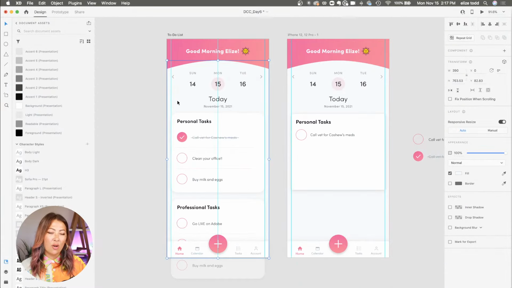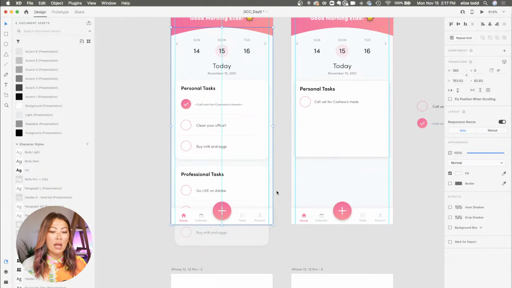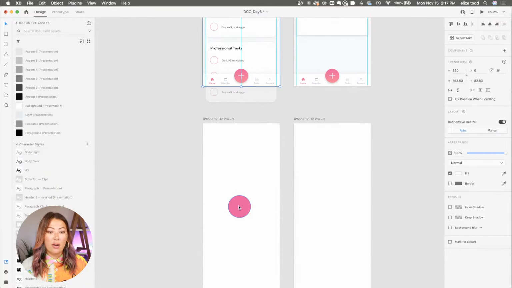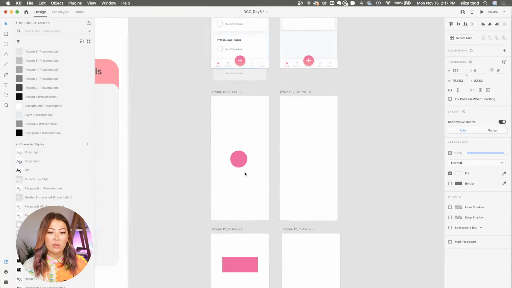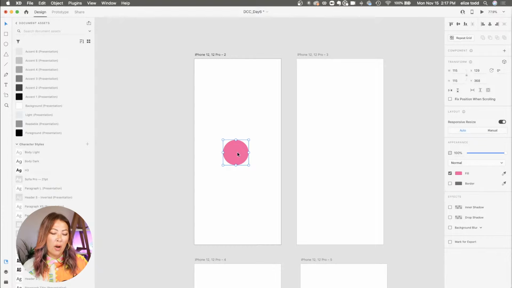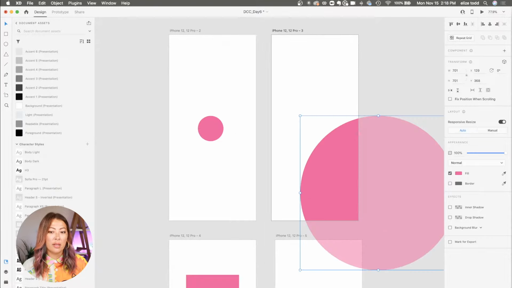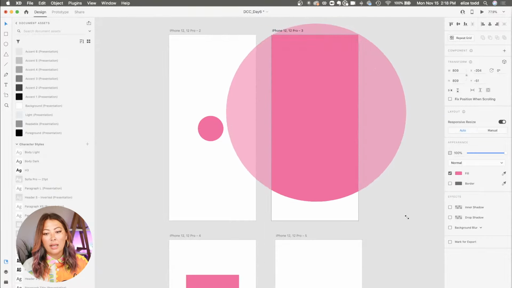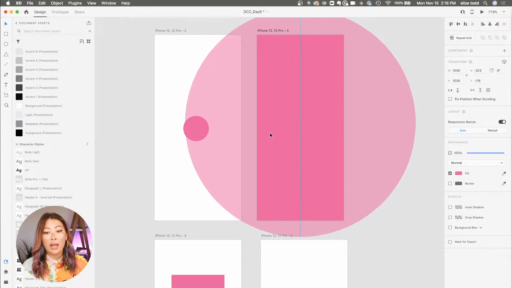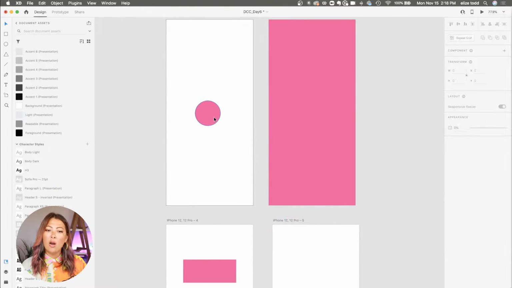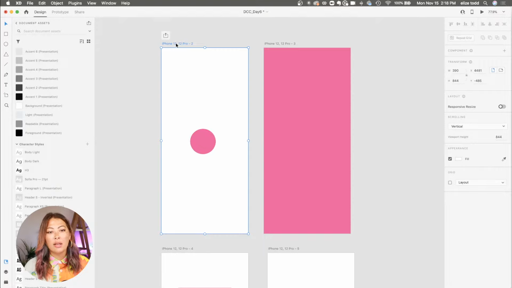And I want to show you this on something that's maybe a little bit easier to understand here. So over here, I have a couple of examples. Let's say I have this shape on my artboard and I copy it and I paste it into this shape and I just make it really big. Basically, when I create this auto-animate effect, XD is going to know it's making up the difference from going small to going big. So I'm going to make an interaction in the prototype